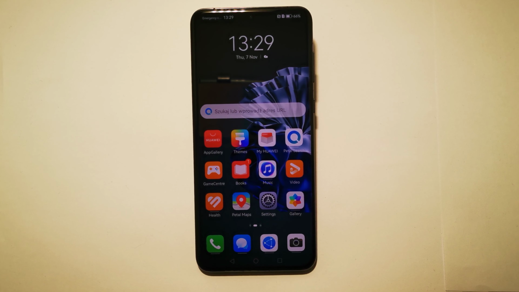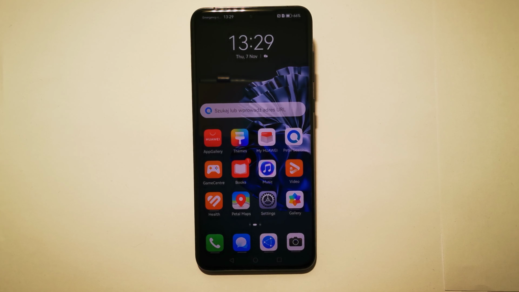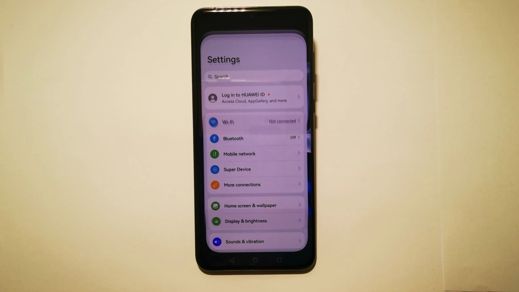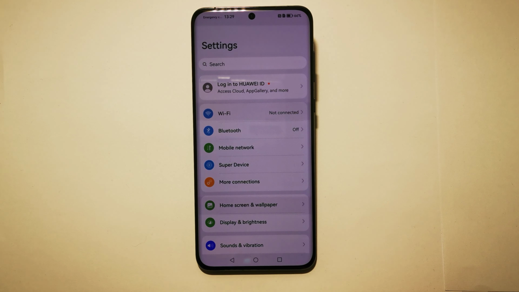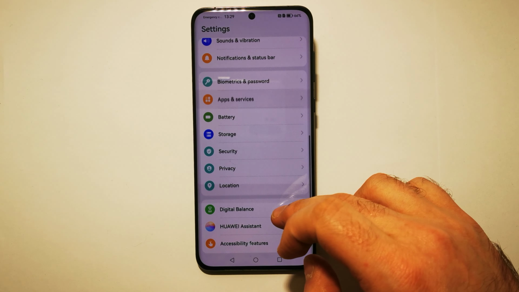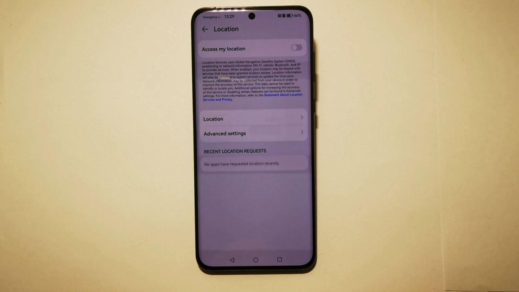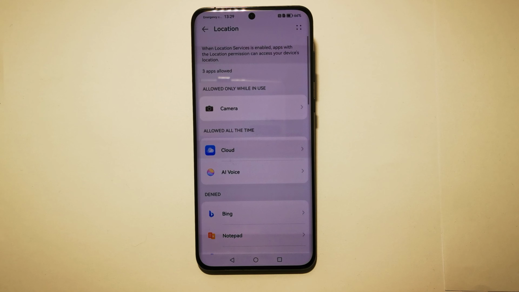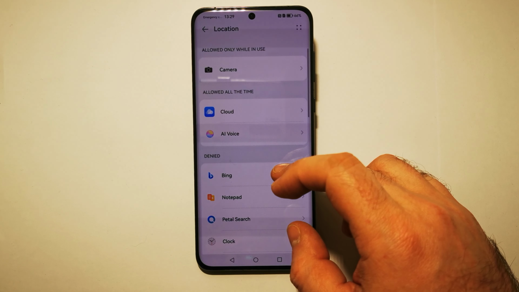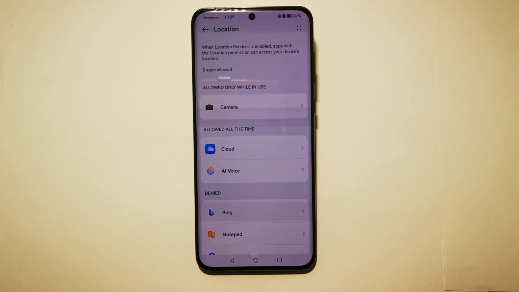Today I will show you how to disable applications from accessing our GPS and our location. To do this, we have to go to the settings options right here. Next, we have to look for location option. It's right here. Next, we need to select location, and we have here apps that are allowed to use our